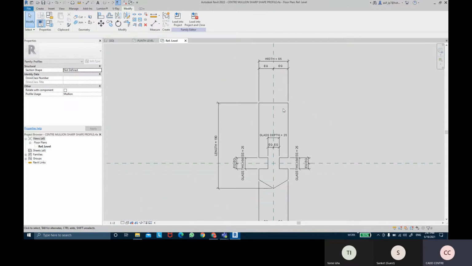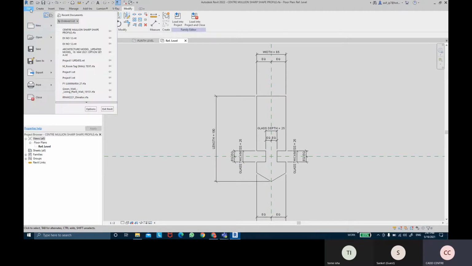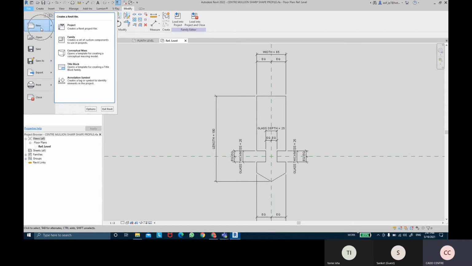Let's add those details. To add a detail shape, I'm going to create another separate family. To create the detail profile, we will create another new family. So I'm going to come into the file menu, pick the new option, and create another new family. So we're going to click on file, new family,